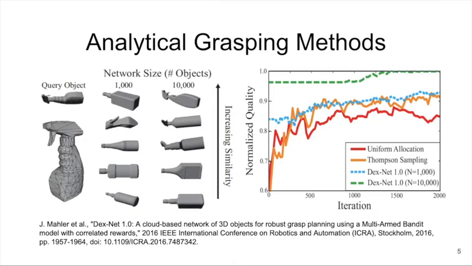First, we discuss prior work on both analytical and data-driven methods for grasping. Analytical grasping methods assume knowledge of the geometry of the object to be grasped, or use geometric similarities between known and unknown objects to infer grasps on unknown objects. However, the generalization of these methods is limited for objects dissimilar to the known objects, or when geometric information is unknown, as in the case we consider.